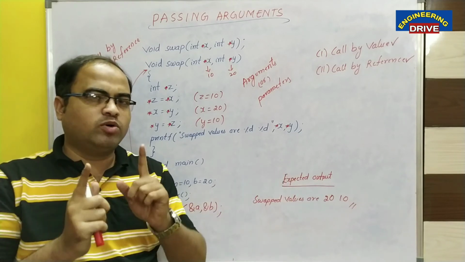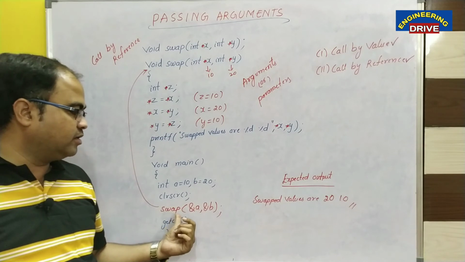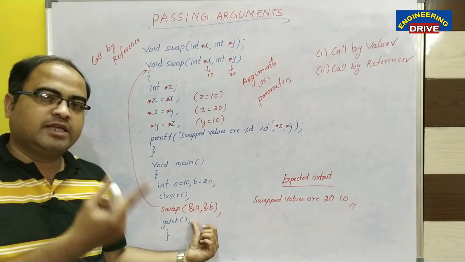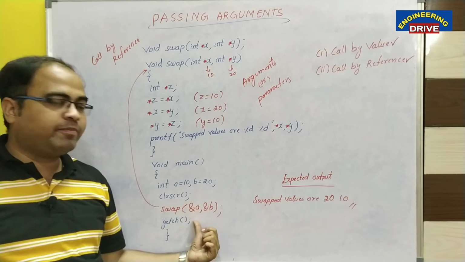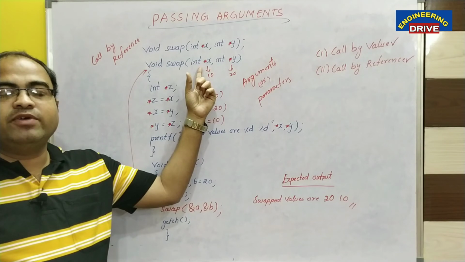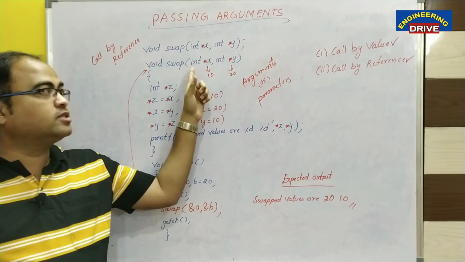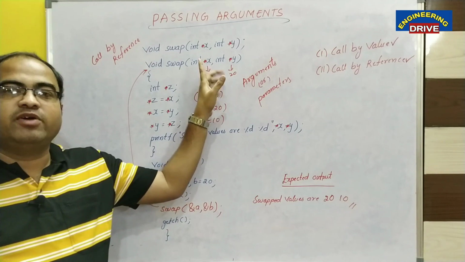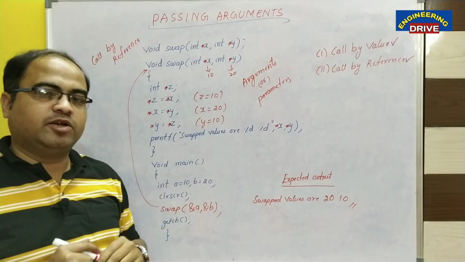So dear students, the only difference you should see here is when we are calling the function, in call by reference we are calling the user defined function by passing the addresses. As we are passing the addresses, the receiving variable cannot store addresses. Which variable can store addresses? Only pointers can store addresses. That's why we have converted these normal variables to pointers. I believe that you people have got clarity now.